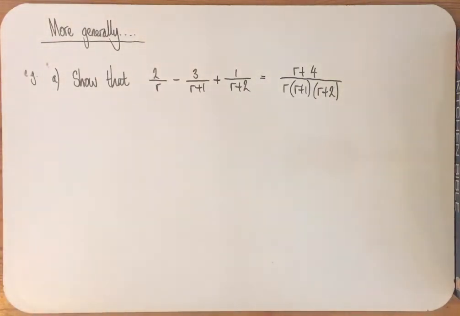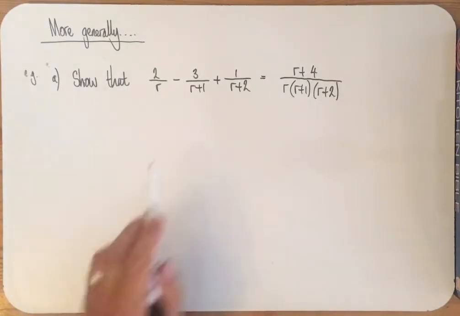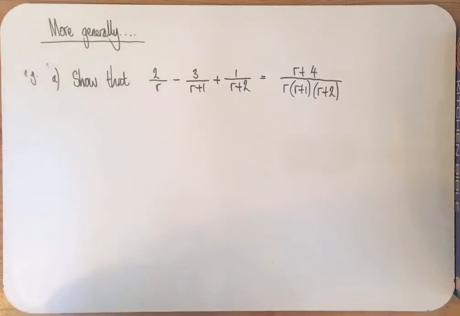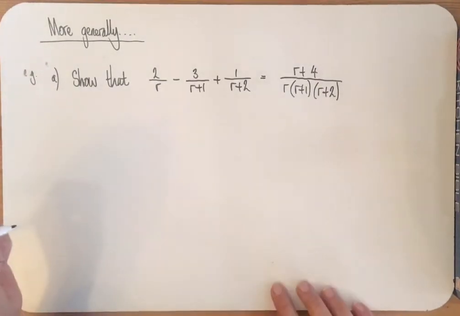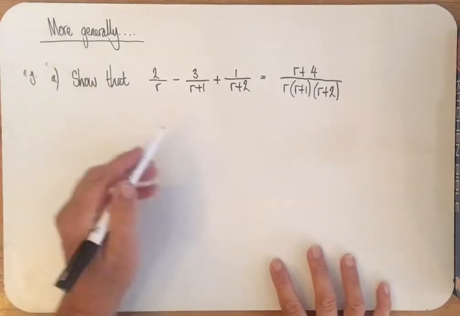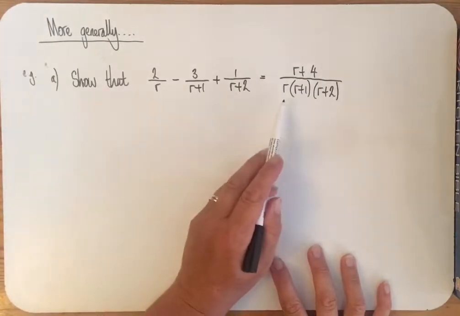Okay, slightly more general example this time. So we're starting off the same. So we're showing that the above is true. So working right to left, if I want a common denominator of r plus 1, r